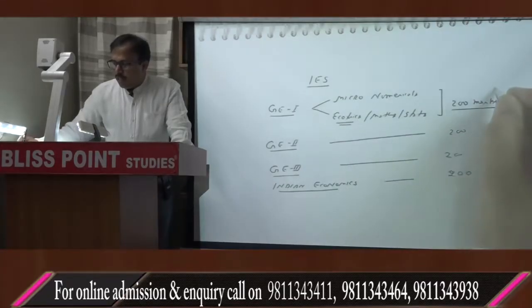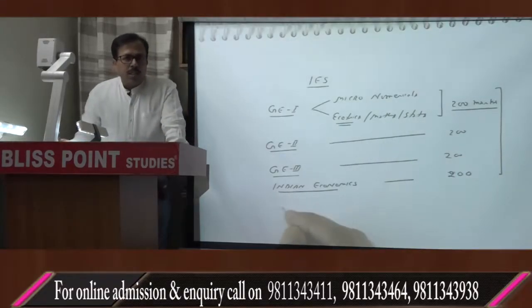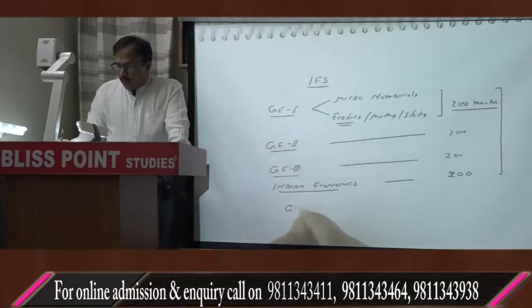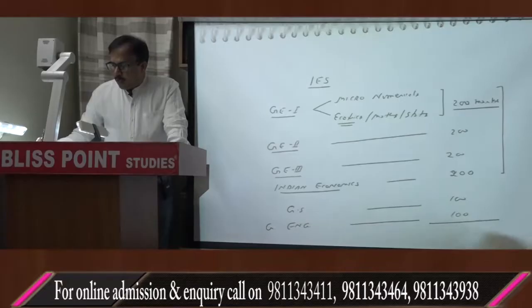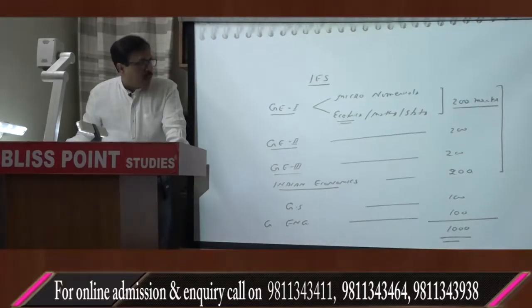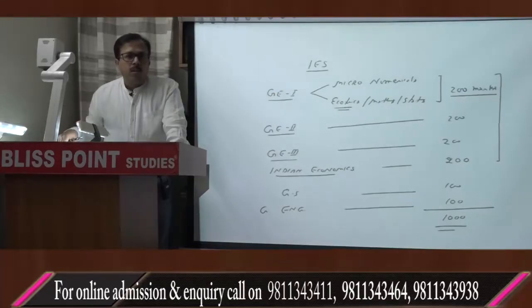So you can say 800 marks related to economics and 100 marks each for General Studies and General English. GS 100 and General English. So the written exam is of 1000 marks, and if you qualify here, then for interview there will be 200 marks. So your ranking will be based upon how much you score out of 1200, but the first step is basically